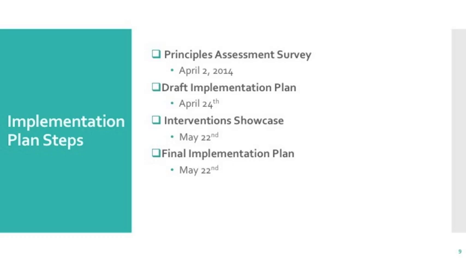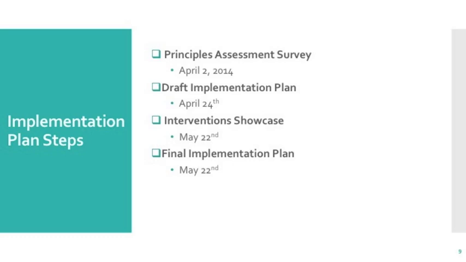The first of which is the Principals Assessment Survey, which we ask that you administer to various stakeholders involved in your student success work. And we ask that they fill out this survey by April 2nd, so that Achieving the Dream can provide you with a summary of the results that will help inform your implementation plan narrative. The second step is to complete your draft implementation plan. This is due on April 24th, and your coach will review this and provide feedback to you to help strengthen